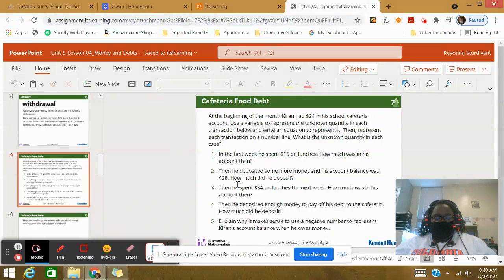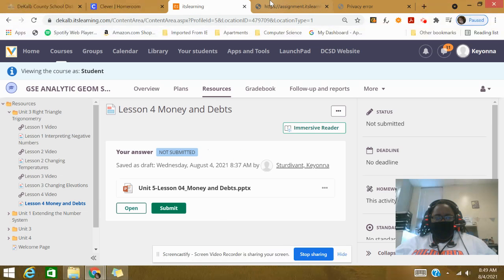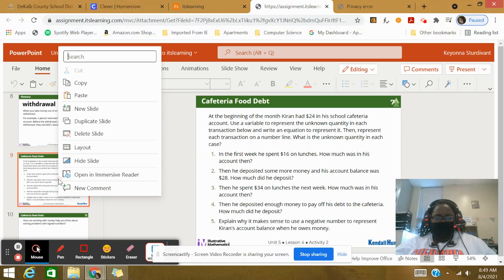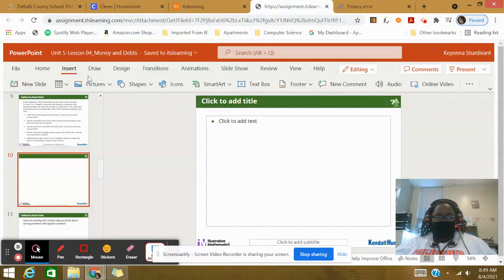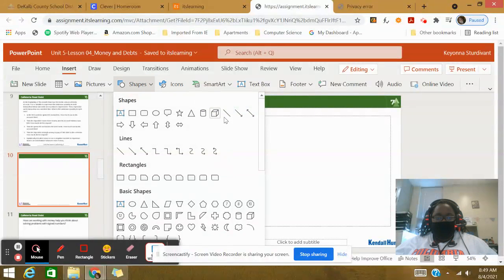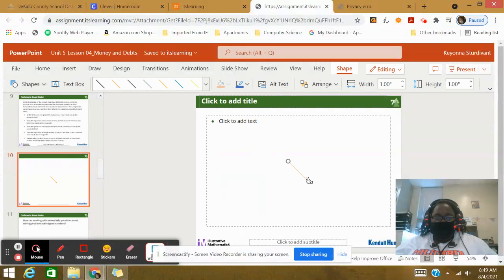So I know in this particular situation, it's basically impossible to get number lines on here. So if you are completing the PowerPoint, you should be able to right click, add a new slide, and it'll give you a blank slide. Hit insert, and then where it says shapes, you can just add lines here. Okay, so you can just literally